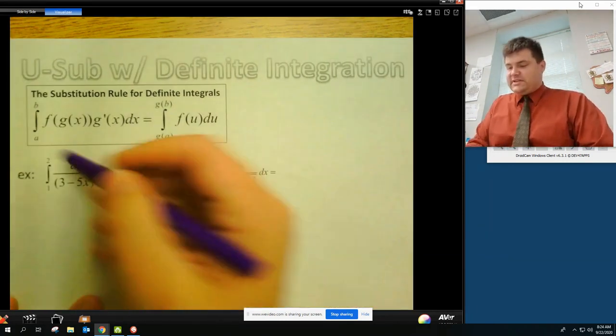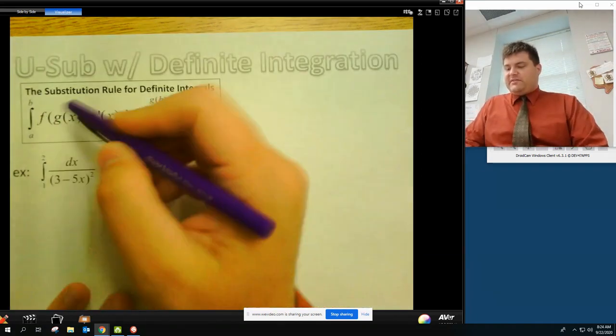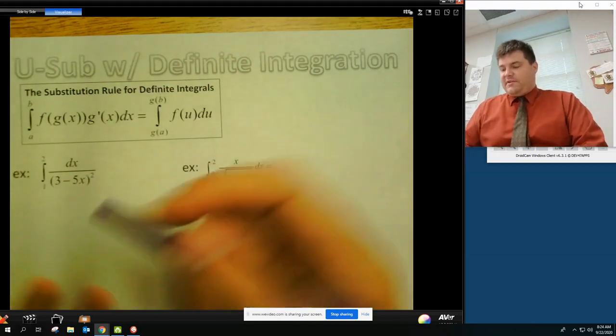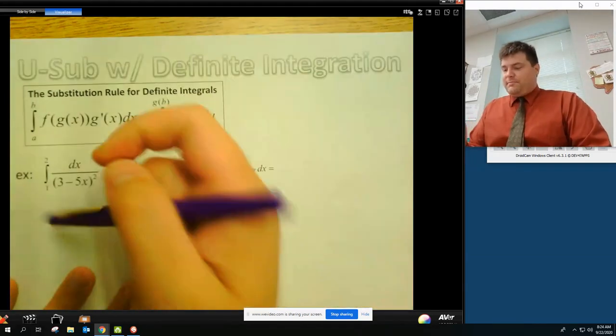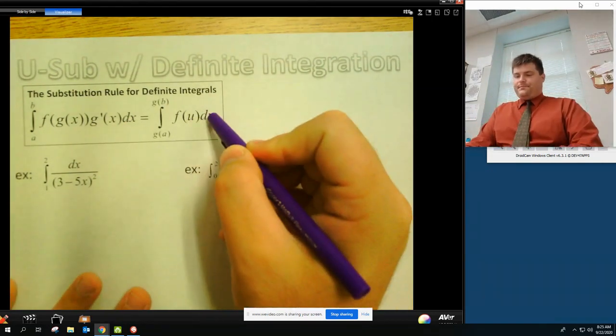So real quick, as you can see, here was the u-sub type of deal, because you have a function inside of a function, which also is the derivative on the outside, which makes u-sub very easy to do. The big thing I want you to notice here is when we start changing it to u, du,